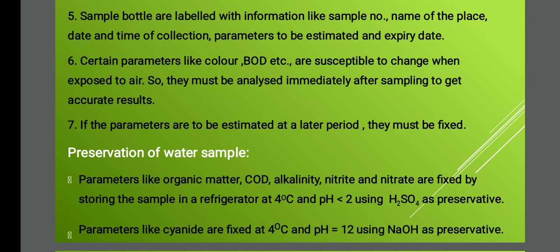So முதல்ல sample collect பண்ணிடுவோம், டேட் அதெல்லாம் மார்க் பண்ணிவிடுவோம், தனியாக நம்ம வச்சுருவோம். வச்சதுக்கப்புறம் நீ என்ன பண்ணணுன்னா இந்த எந்தெந்த பேராமீட்டர்ஸ் அனலைஸ் பண்ணணும்னு பார்த்துக்கணும். நமக்கு டிபெண்டிங் அப்பான் த யூசேஜ் வி ஹாவ் டு அனலைஸ். ஸோ உனக்கு வந்து சிஓடி, ஆர்கானிக் மேட்டர், alkalinity, nitrate வந்து நீ கால்குலேட் பண்ணணுன்னா what you have to do is you have to maintain the thing at 4 degree centigrade. You keep it in a fridge and the pH should be less than 2. For that purpose you have to add some sulfuric acid as the preservative to the sample. அதை ஆட் பண்ணி அப்படி வச்சிடணும்.